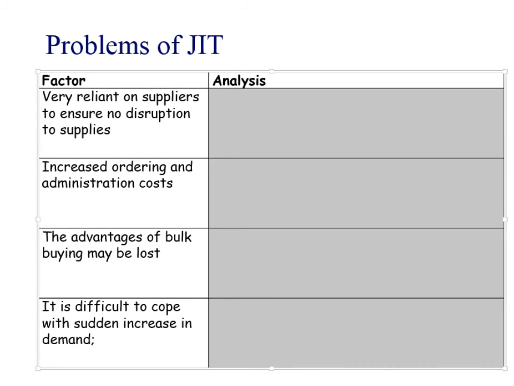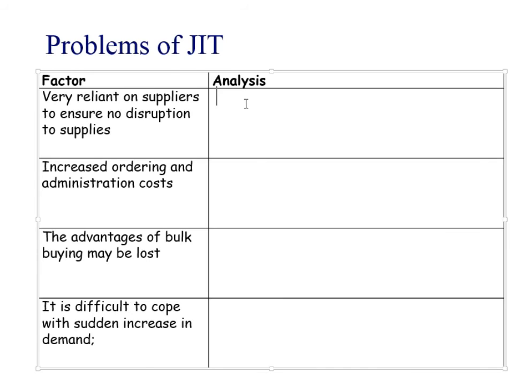So you are very reliant on your suppliers, okay? I think Jaguar Land Rover, if you want to be a supplier of those, you have to be able to deliver within 4 hours. So their lead time is 4 hours between ordering the product and it arriving. So you have to be really, really reliable as a supplier. And if your supplier isn't very close by, they're not going to meet that. So another